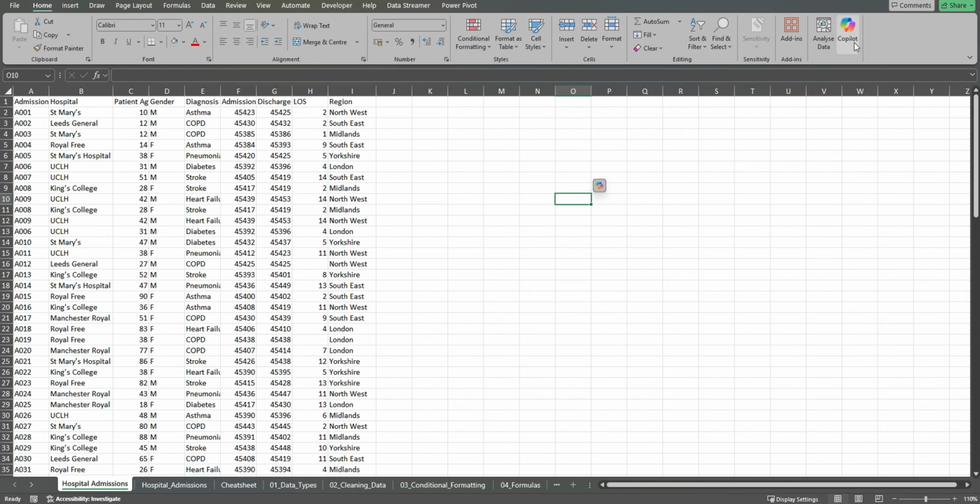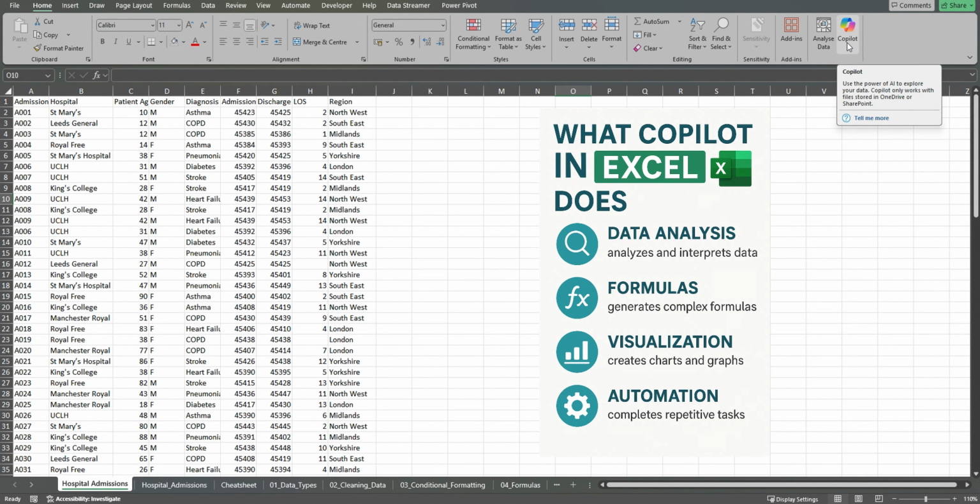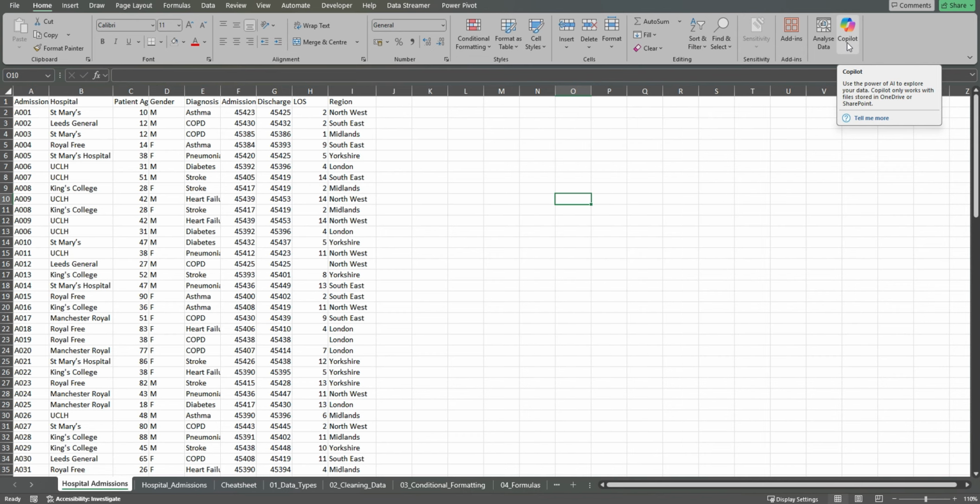And then you've got the new feature of Copilot. I feel like with Copilot, you have to be quite well versed in terms of prompting it to provide the right sort of information and feedback, but it also does give you suggestions based on the data that is currently within the